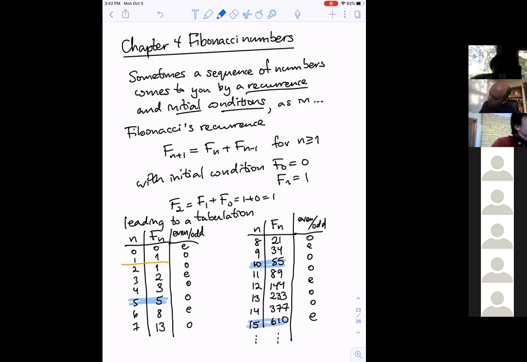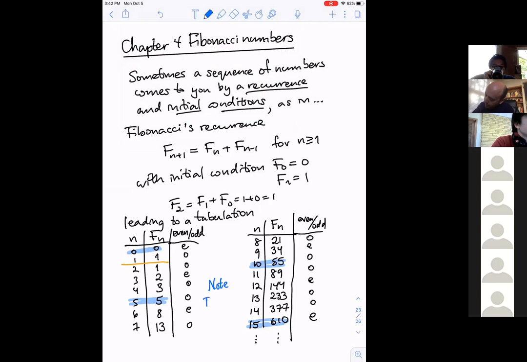We only have 3 examples there, unless you count this one. I guess we can count F0 is equal to 0, and yeah, that subscript 0 is divisible by 5, and the answer 0 is divisible by 5. So my point here is, note